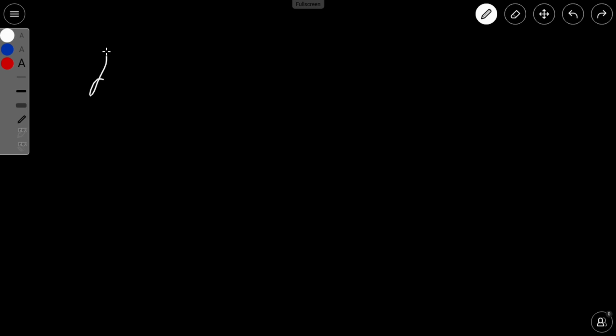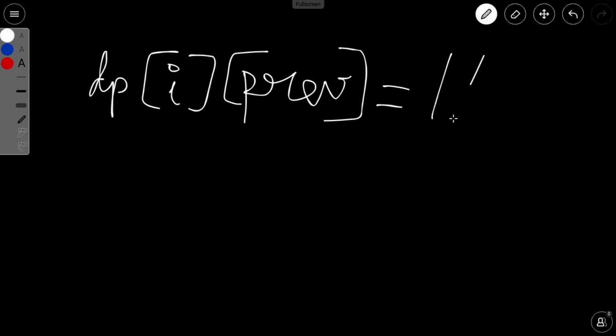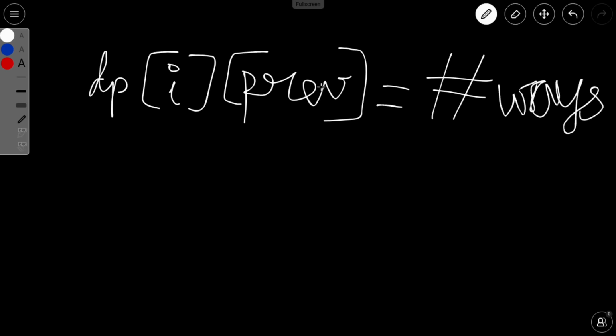So let us say we want to find dp of i, and another state is the previous value, let us say prev, where this indicates the number of ways to fill the array starting from the ith position in the left to right manner, where the previous value is prev. I hope you got it.